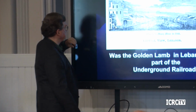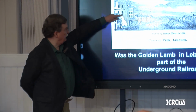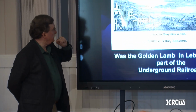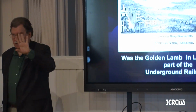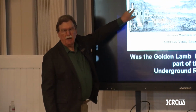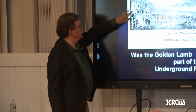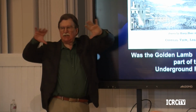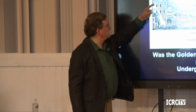This would be Broadway. In 1844, they added the 3rd floor on the Golden Lamb. This must be the attic, which would be part of the 4th floor. If you look at the Golden Lamb from the south looking north, you will see that these two windows are there. There is no window right here. So when they added the 4th floor, they apparently took what was part of the attic and just extended it to be part of it. So they kept that part of the building. There's no window here, but there's a 4th floor and it goes that way. But anyway,